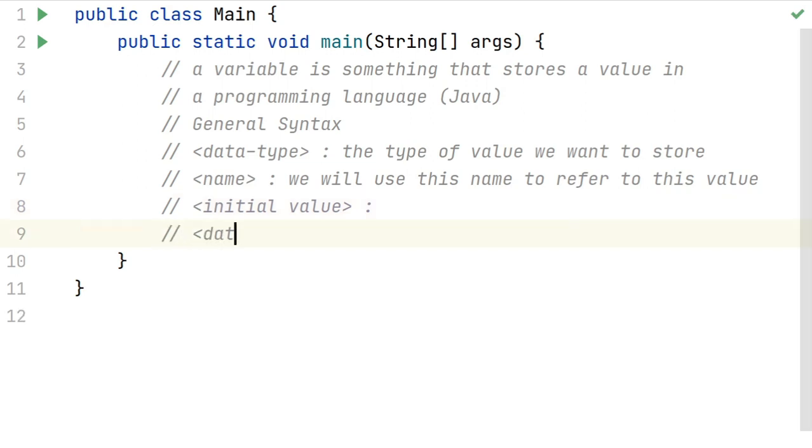We write it like this: data type, then space, then name, then we usually write an equals operator, then we write the initial value, and afterwards we write a semicolon. So similar to how you write a full stop at the end of every sentence in English or a purna viram in Hindi, we write a semicolon at the end of every statement in Java, right?